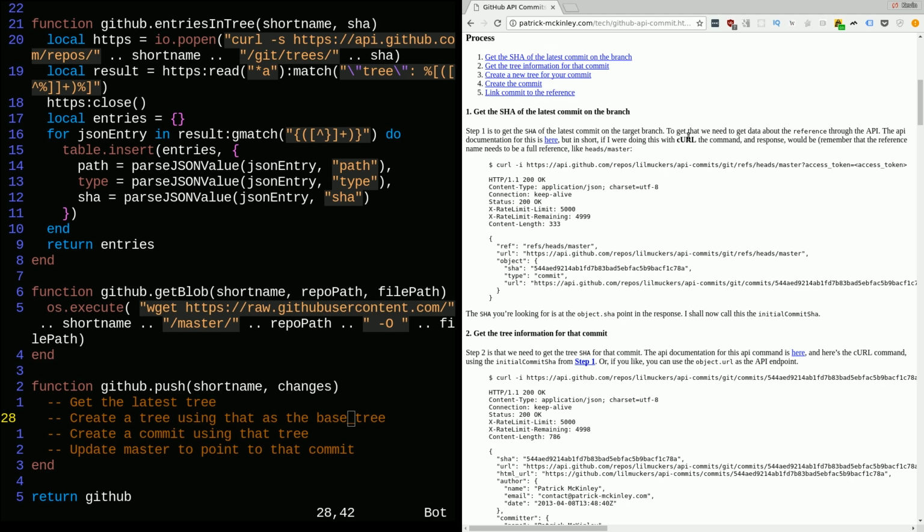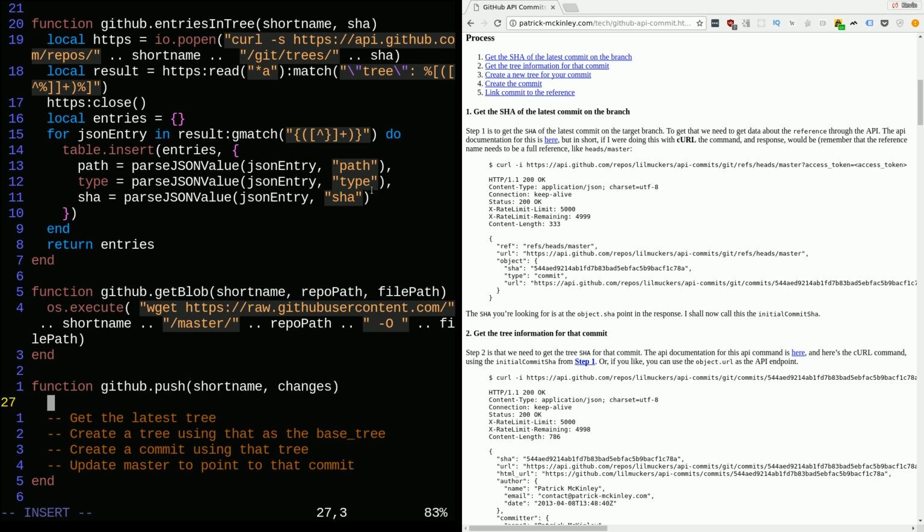We're gonna do this where I think we are gonna use the curl command. We're gonna just shell out to that. Curl, I don't believe exists inside OpenOS. I don't have Minecraft running in the background right now to test it, but we'll go ahead and make the assumption that it doesn't. So we'll have to actually use the HTTPS API at that point. Okay, so to get the SHA of the latest commit,